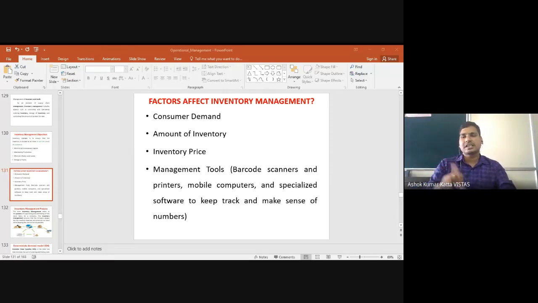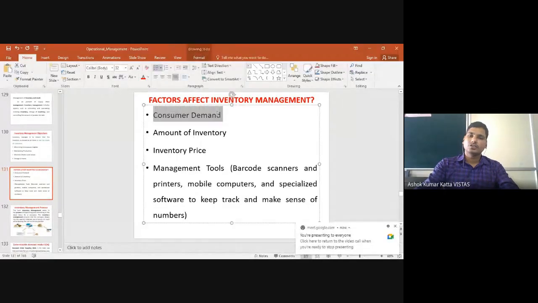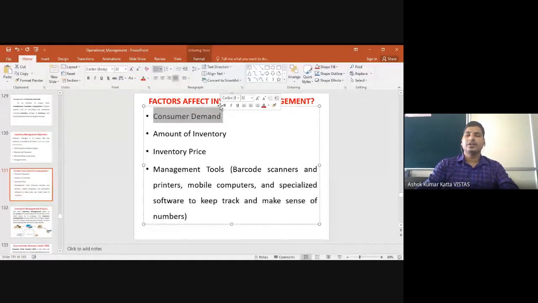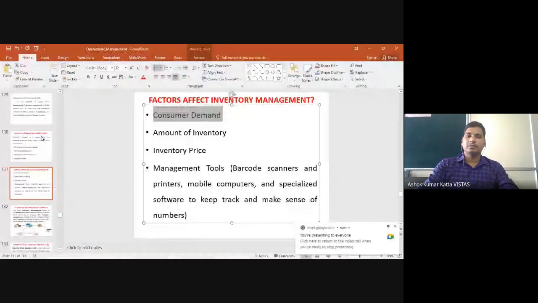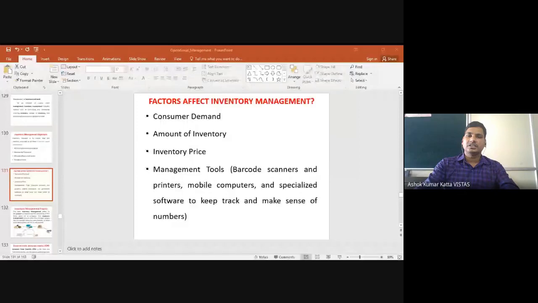This second one is completely the opposite. Here, whatever products you are producing, all the manufactured products we are storing at the warehouse for 2 months because there is no demand for your products. Consumer demand is very low in the market. Nobody is showing interest in buying your products. In this situation, what will you do?